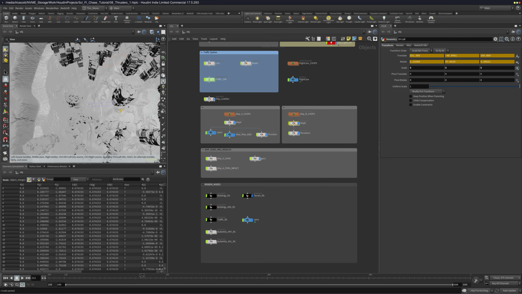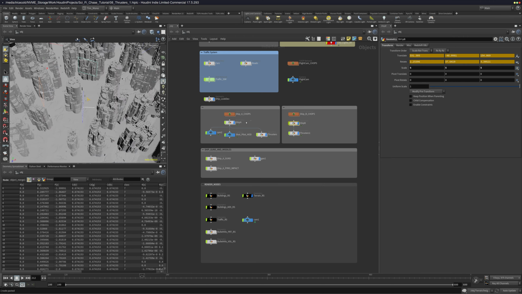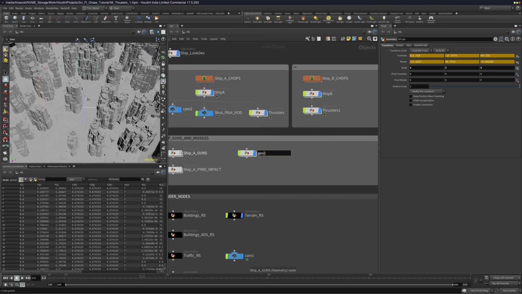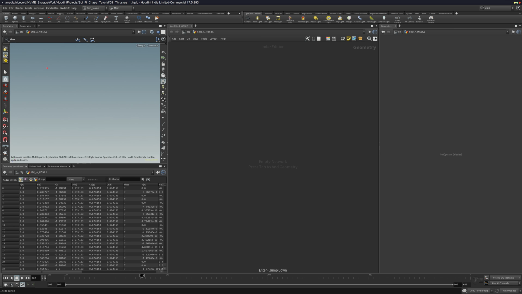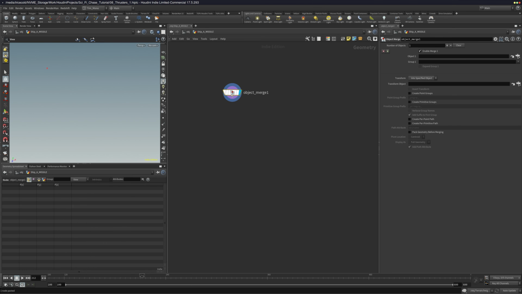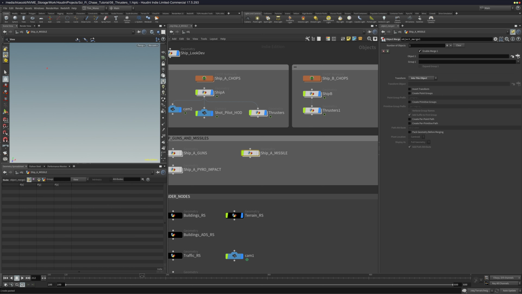Where is our ship B? No, ship A is our ship that will shoot the missiles. Yes, as in we already put it on the left side. So let's call this ship A missile, and let's go inside and let's object merge our ship A. I'm gonna lock this here,